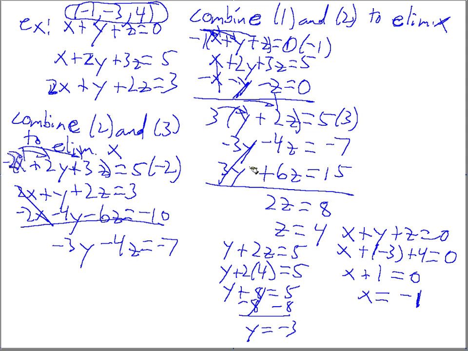z respectively. All right, so again, the main theme to take away from the 3 by 3 system is that we're going to reduce it to a 2 by 2 system by what? Combining two equations together, such as 1 and 2, to get rid of the x, right? And then combine a different set of two equations, 2 and 3, for example, to get rid of the same variable x. Very key here, right? You got to get rid of the same variable so you get that 2 by 2 you need. Right, and then we finish solving the 2 by 2 to get y and z, and then we plug these numbers back into the original 3 by 3 to get x. All right, so that's the gist of the 3 by 3 systems in terms of solving them by the addition